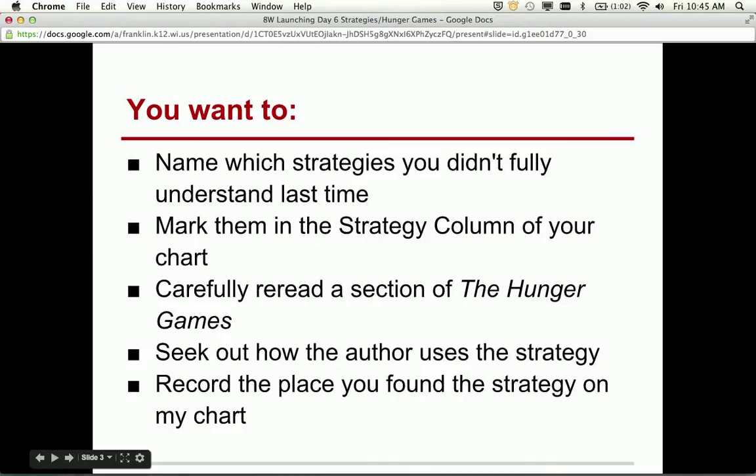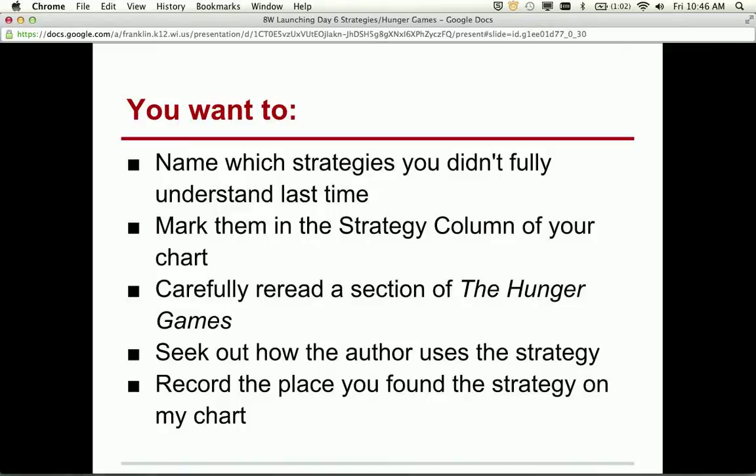All right. You want to be sure to name which strategy you didn't fully understand last time. Mark it in the strategy column of your chart. So on that green chart, put a star by it. Carefully reread a section of the Hunger Games. Or in this case, you're going to be rereading your own text. Seek out how the author uses the strategy, and record the place you found it, the strategy on